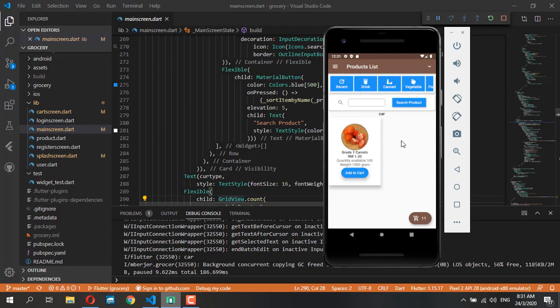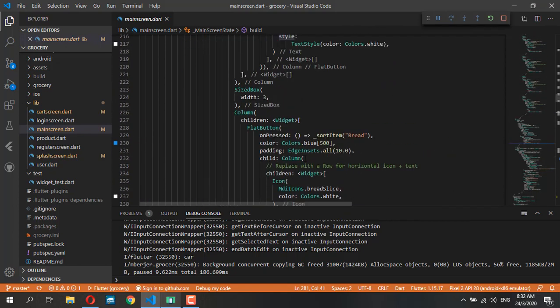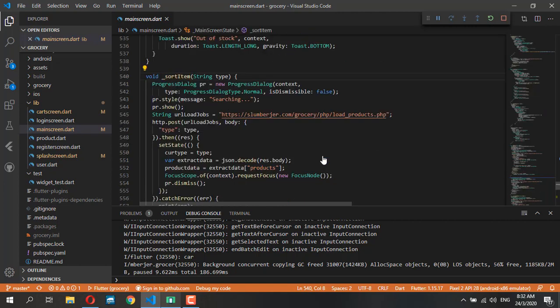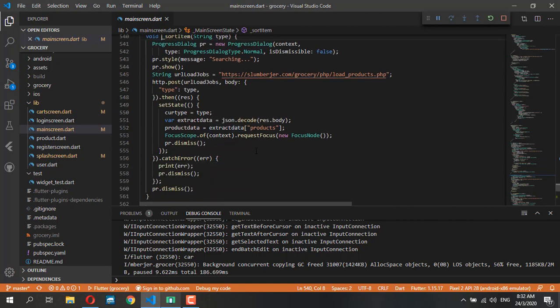Alright, but I believe that section or that method has been delivered before. I've talked about this before, so please refer to the previous class on that. So that is a few updates for this layout. Okay, so for further understanding of how the method is being implemented, you can always follow the method that I listed in yellow here. For example, if you want to look at how the sort item method is being implemented, you just go straight to the sort item and you can see the HTTP request and the PHP handling that request